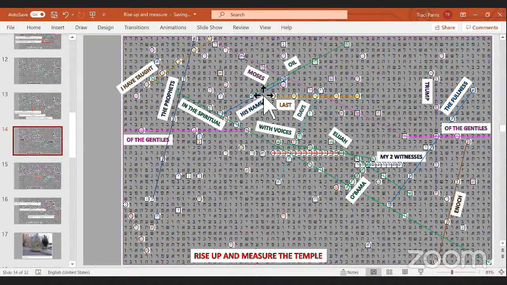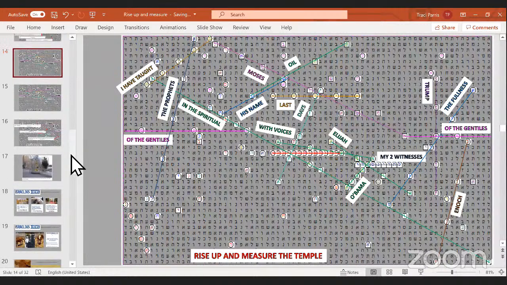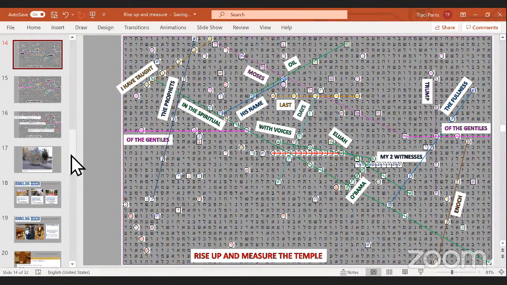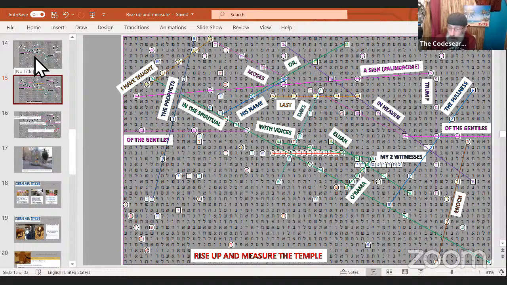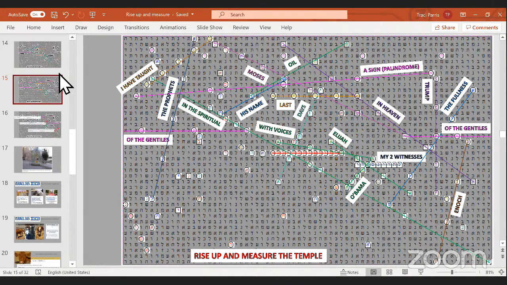Then, this is interesting, oil shares 2 letters with his name. Right, and that's always true. Shem and Shemin are just 1 letter difference. It's the noon. But this is Aramaic. Yeah, well, it's still true. I mean, it's showing a truth, something that is true, and this is the secret of the parable of the 10 virgins. What the oil is, the connection to the name.